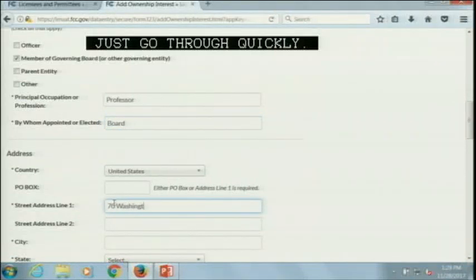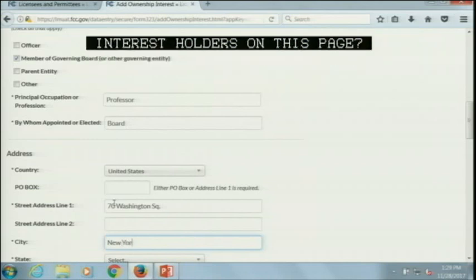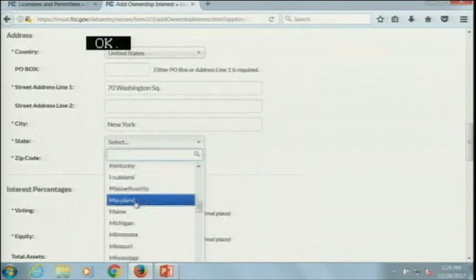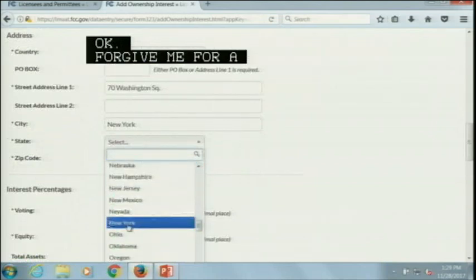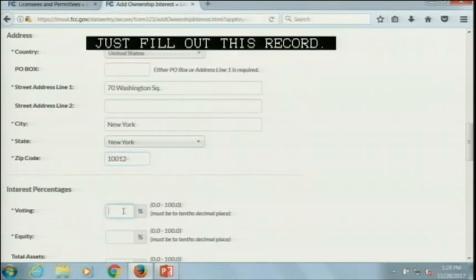So far, are there any questions about entering ownership interest holders on this page? Okay. Just forgive me for a moment as I fill out this record. And we're just going to assume here that this is